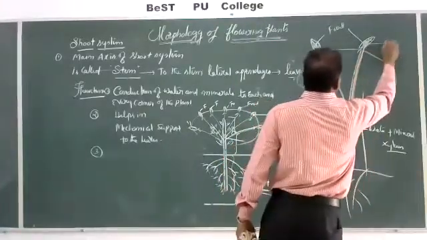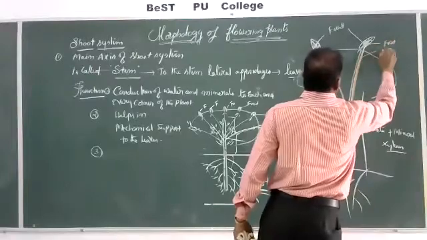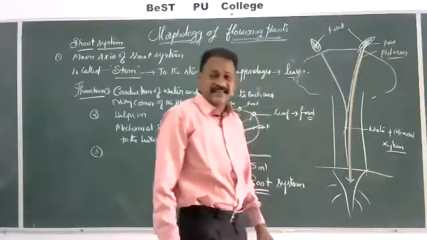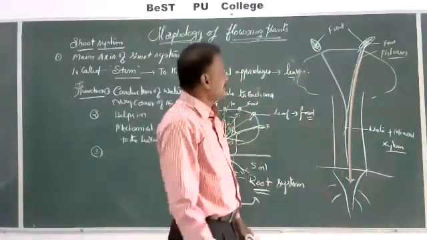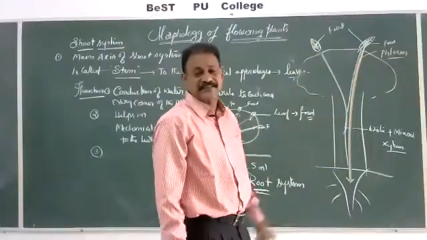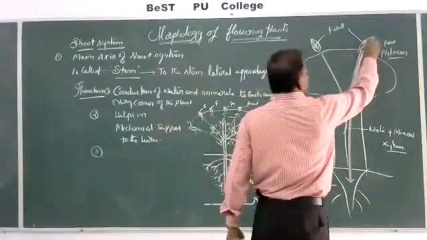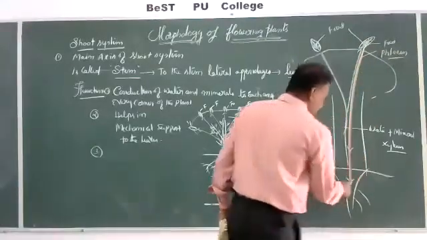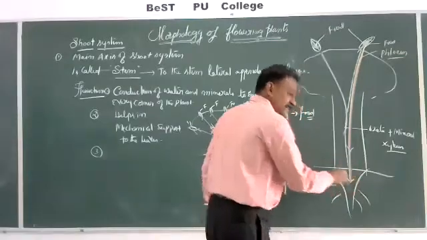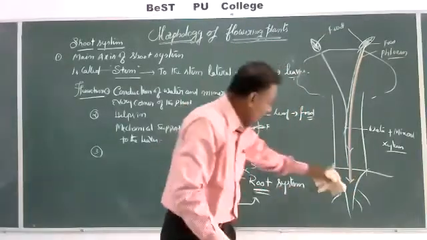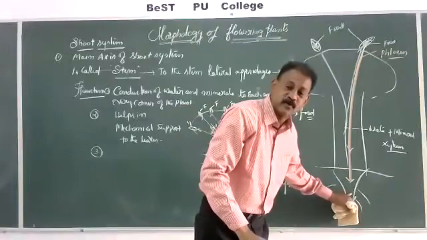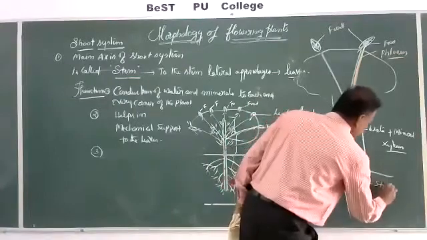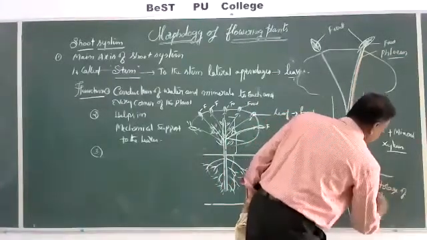Food is transported through phloem. Phloem is that channel, a tube-like circulatory system, where the food material which is produced enters into the phloem and reaches the place of the root where it can be stored. Some amount can be utilized, and some amount can be stored. Storage of food.